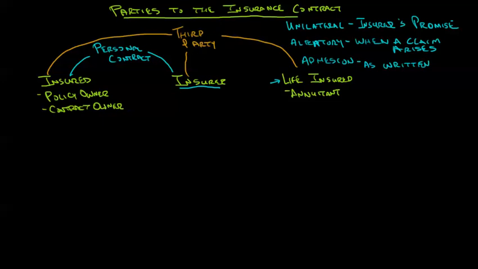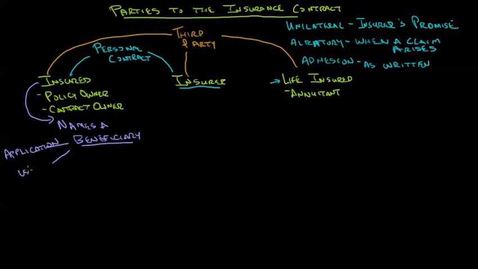Now, some of you are probably saying, well, hang on a second here. Shouldn't there be another party to this contract? Well, my insured is going to, hopefully, name a beneficiary. And there are a number of different parties that we can name as beneficiaries. And before we discuss who those are, I want to mention that we can do this one of two ways. The way that we generally prefer, at least initially, is in the application for insurance, but it is actually possible